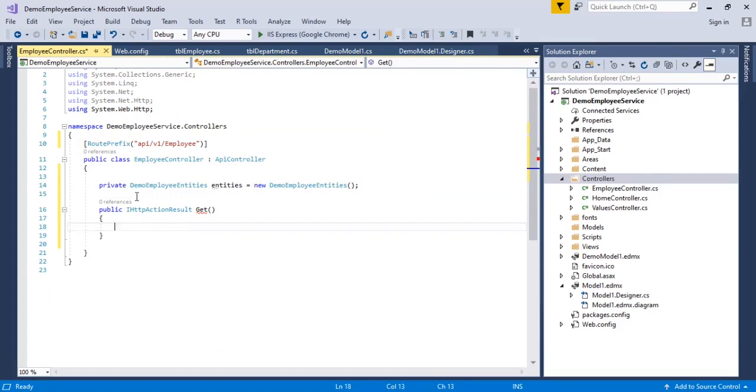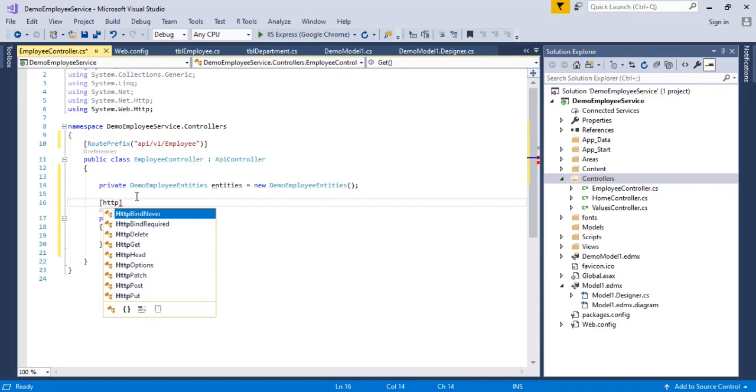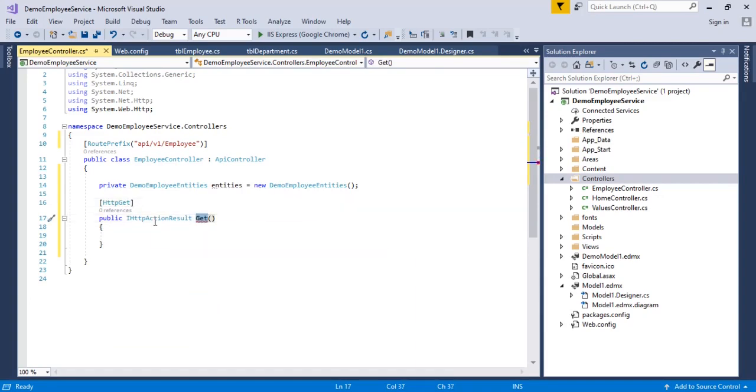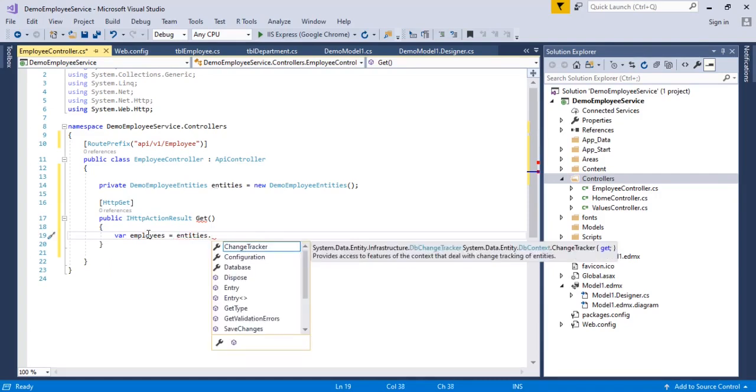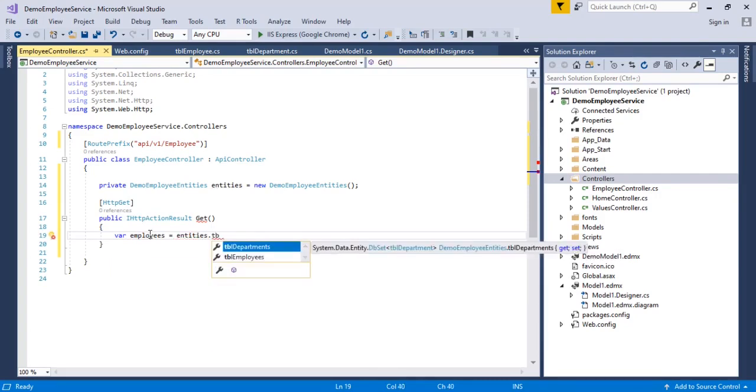Since this is a Get method, we need to decorate it with the verb HttpGet. I have created one method which returns IHttpActionResult, and I'm decorating that method with Get since it is a get request. Under the get request, I'm going to get the employee information based on the entities table.